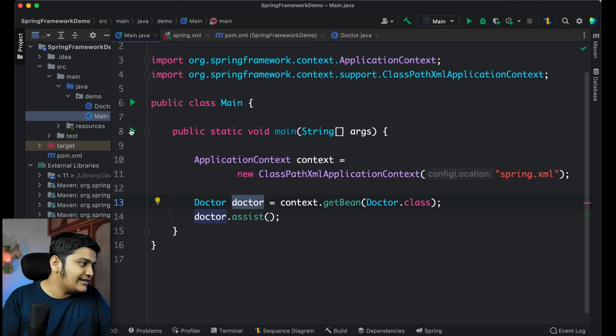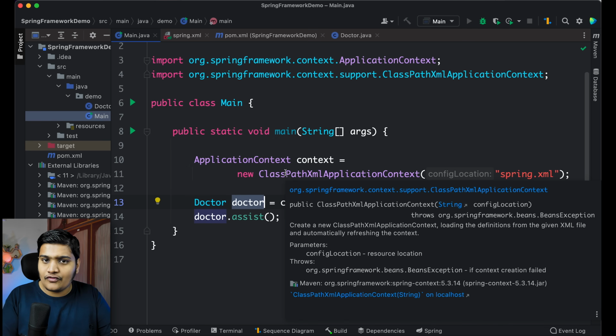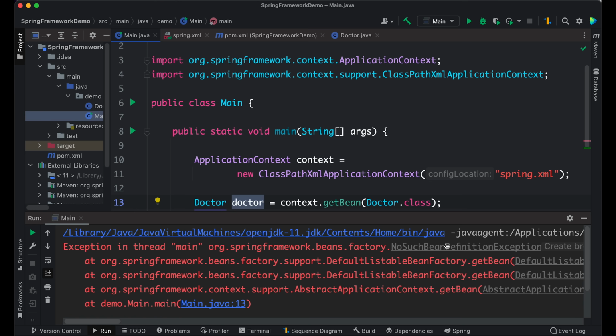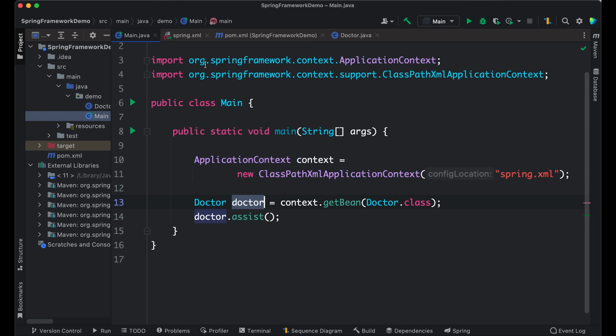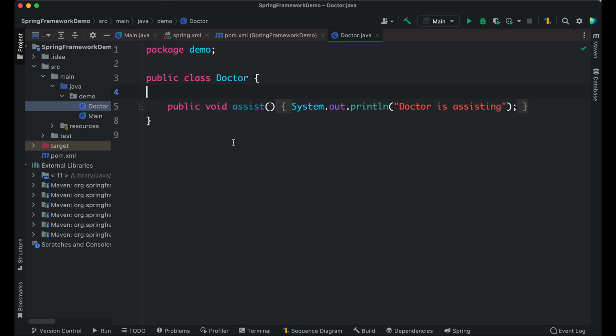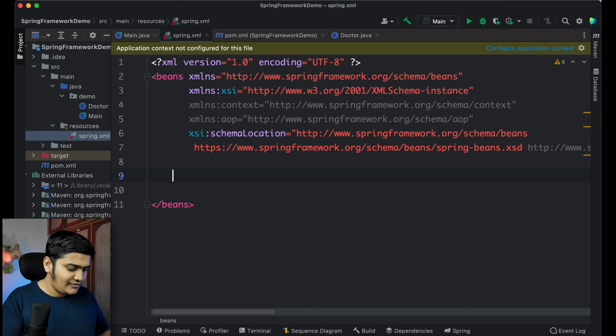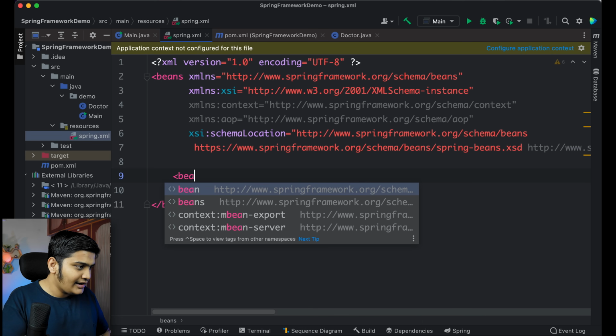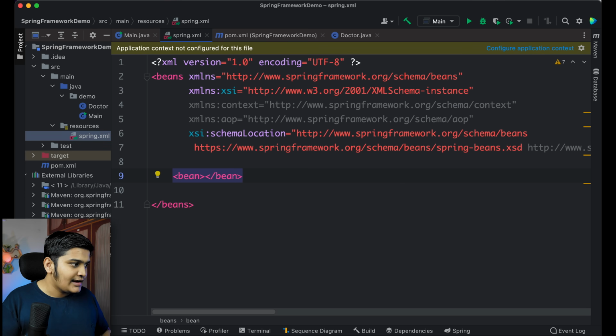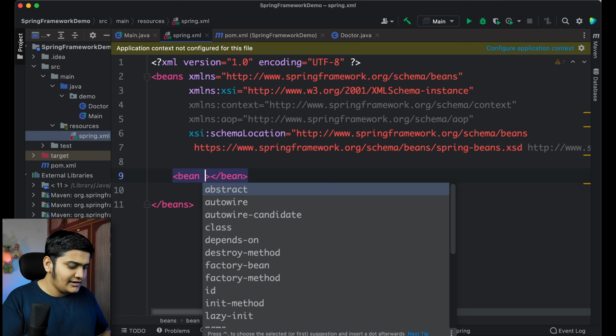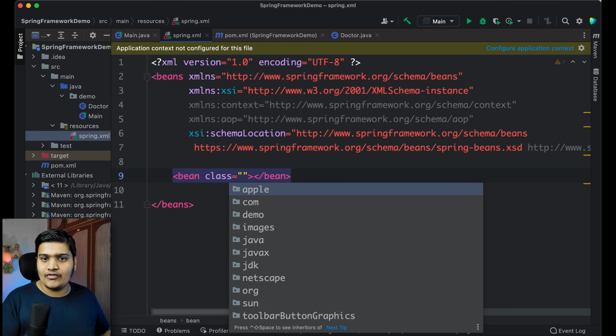So if you run this, let's see what happens. And it should fail, obviously. You can see that NoSuchBeanDefinitionException, because Spring still doesn't know that I have to create this bean, because we just created the class over here, but we have to define that this class is a bean that you have to use. So that thing we have to define in the Spring XML itself. So what we will do is we'll create a bean tag, and in this particular bean tag we will say which class we want to use. We want to use